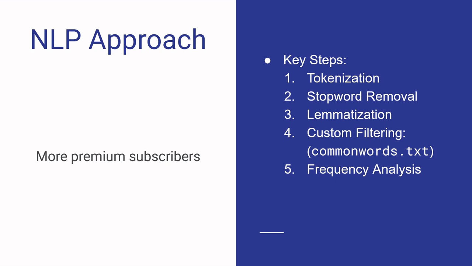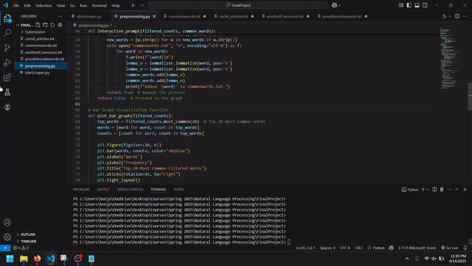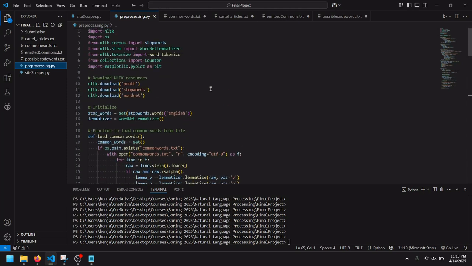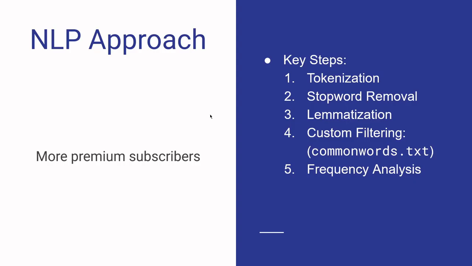So using this function here, one of the first things that we're going to do is load the tokens from this function that we're going to import from the NLTK library. So next, after using nltk.word_tokenize and splitting it into tokens, we're going to then move on to step 2,